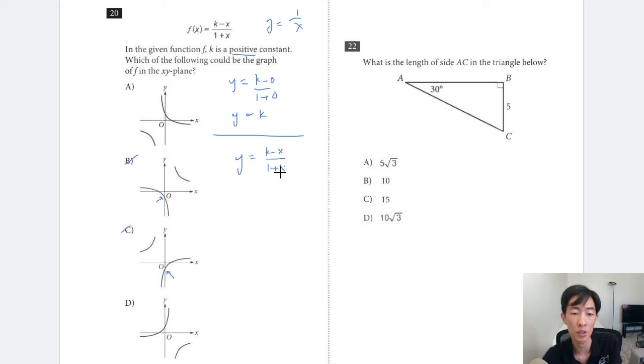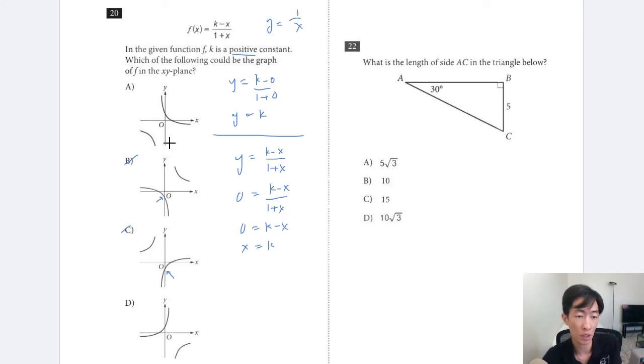I'm just rewriting the equation. So we're going to make y equal to 0, and now we're going to solve k minus x over 1 plus x, multiply both sides, and so we're going to get 0. We multiplied both sides by the denominator 1 plus x, 0 equals k minus x, add x to both sides, k equals x, and again, if k is a positive constant,